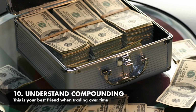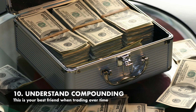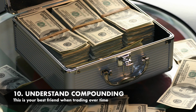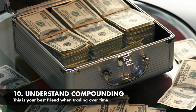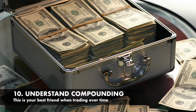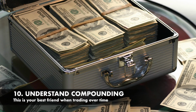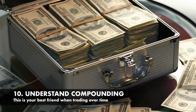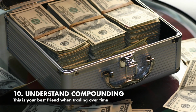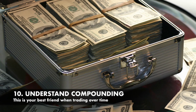Number 10. Understand compounding. If you don't know what compounding is in the financial world, you need to understand this as soon as possible. If you use compounding correctly, it will magnify your cash returns greatly over time. I cannot overstate this. Having an understanding of compounding, which is essentially reinvesting your returns so that you make even bigger returns the next time around, and how quickly this scales your money is absolutely crucial. Without compounding, it will take you much, much longer to grow your portfolio and trading account, and that's just a